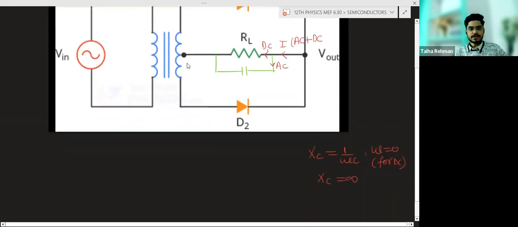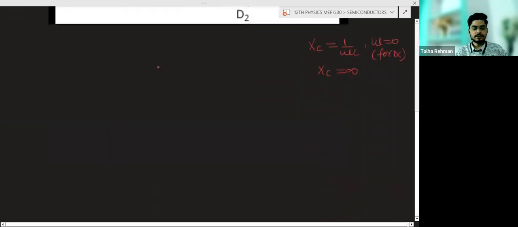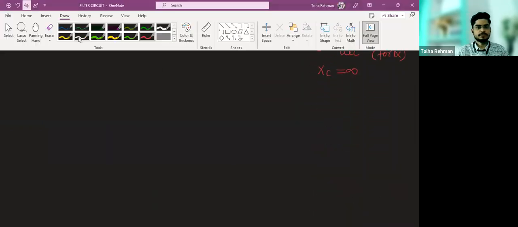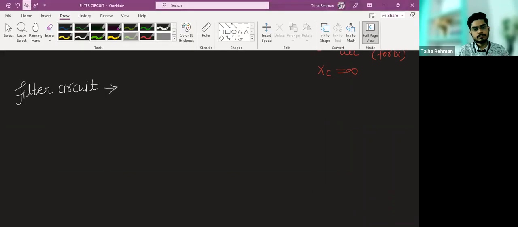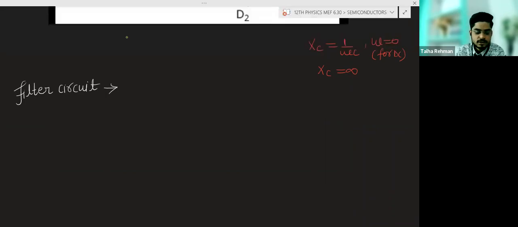So what is filter circuit now? Filter circuit, the output obtained from the rectifier